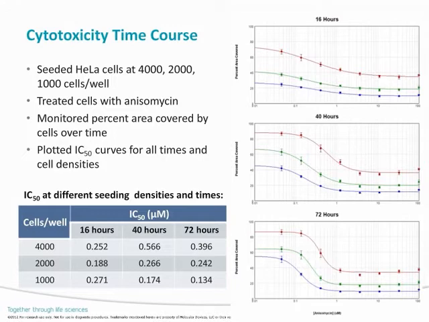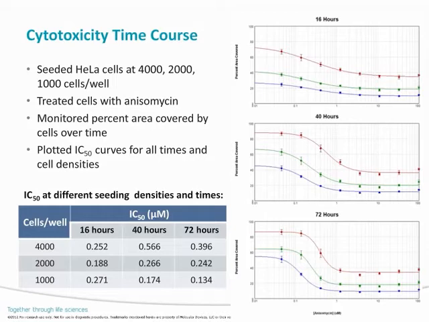Within each of those graphs, the red plot represents cells that were seeded at 4,000 per well, the green is for 2,000 per well, and the blue plots are for the HeLa cells that were seeded at 1,000 cells per well. At time 0, these cells were treated with N-isomycin, which is a compound that induces apoptosis by inhibiting protein synthesis. And over time, the cells were monitored using the stain-free analysis, and we were using the field analysis feature for